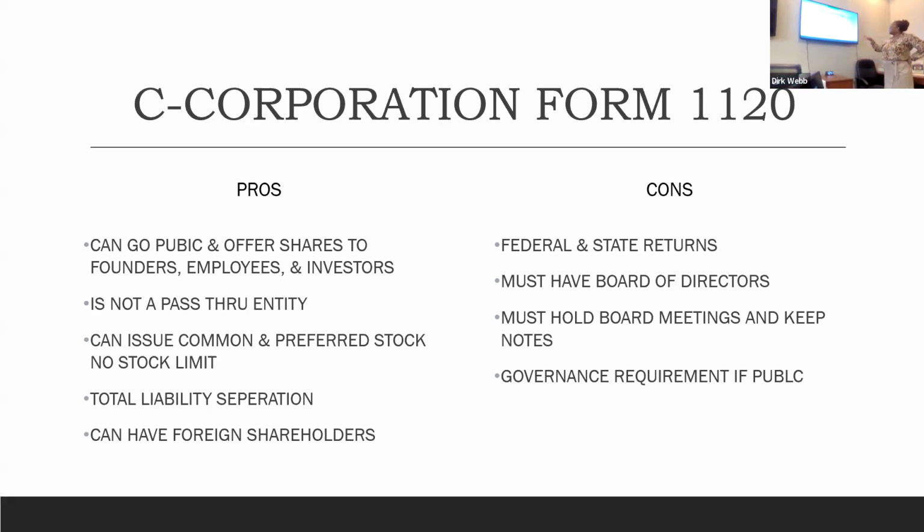Your board of directors must have board meetings, be it annual, quarterly, monthly. And you have to take notes and keep those notes. And there's a whole bunch of other rules that you have to abide by and report to the federal government and the Securities and Exchange Commission and everybody else. The governance requirement is public, so that's what I was talking about, the reporting.